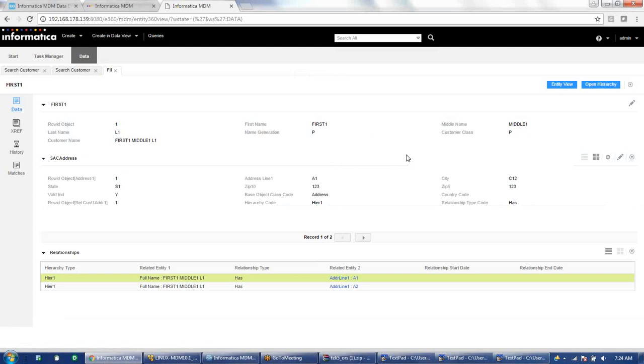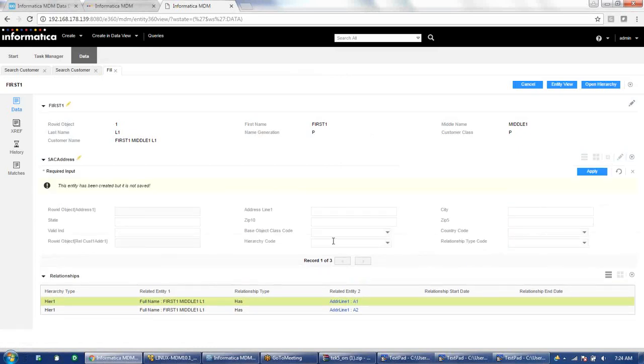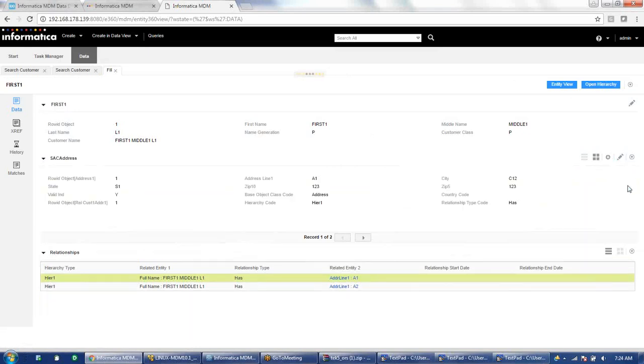Next, when we go to this other one, address, we will see that it is not allowing us to edit it. It will be read only. Here, if you want, this add option is there. I can add a new address record here. Or if you want to delete it, you can click on this drop down. There you have an option to delete. This will be a soft delete. You can soft delete a record from IDD. So these are the options available here.